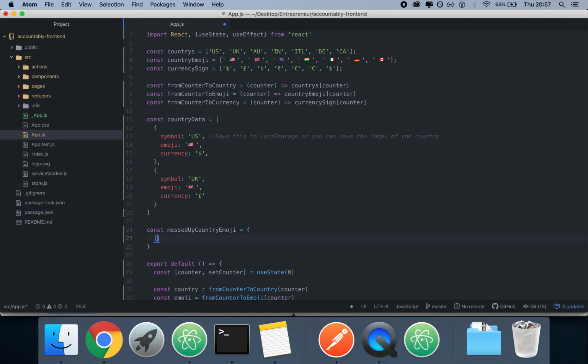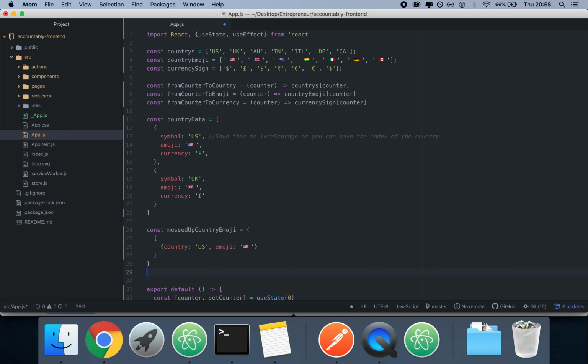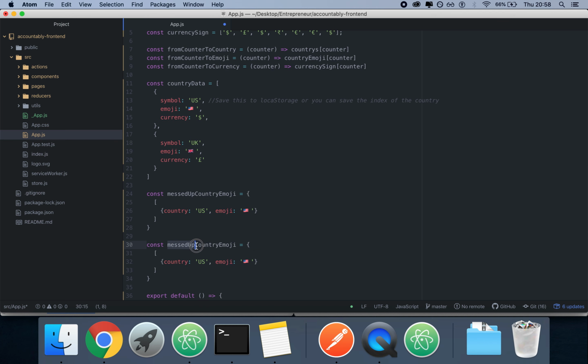You may have something like an array with a country, US, and then an emoji of the actual emoji, right? And then you may have the same thing for messedUpCurrency,